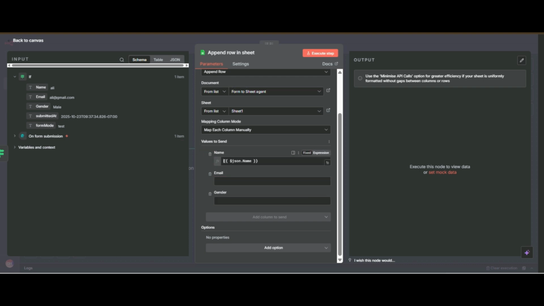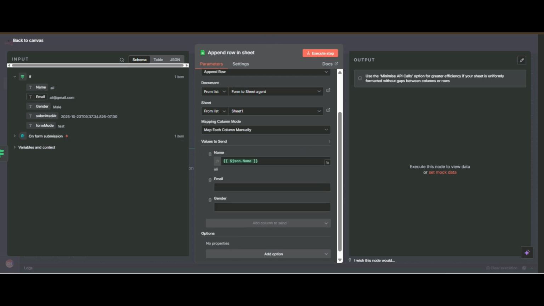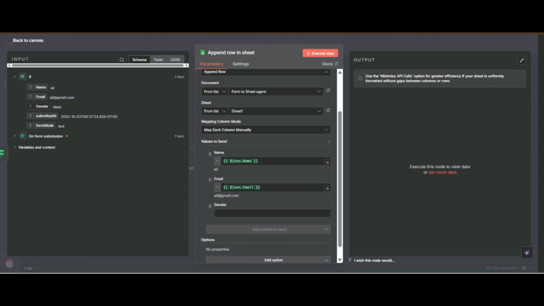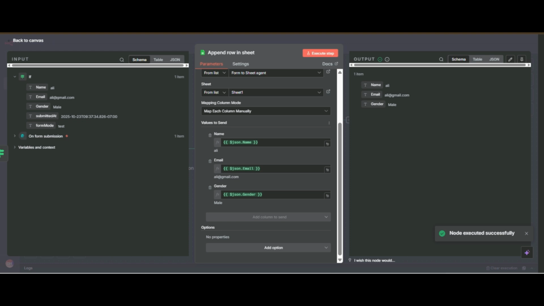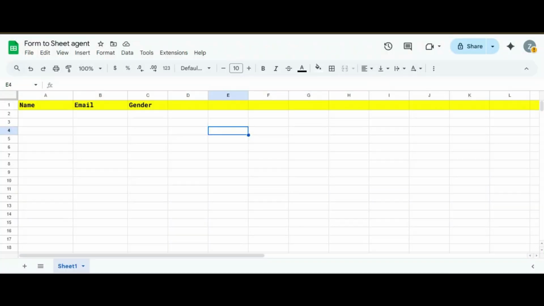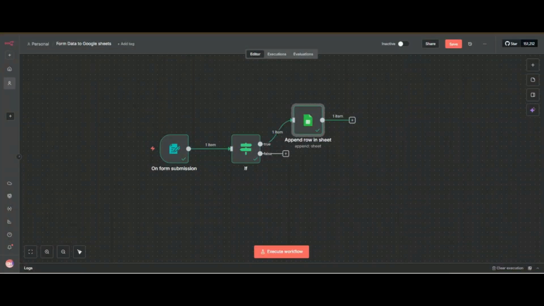For email, I will drag my email, and for gender, I will select gender. Now we have connected our Google Sheet. We have to check it. You can see it sends our data to the Google Sheet, and our data has been received. Click on save. Now we have connected our Google Sheets.